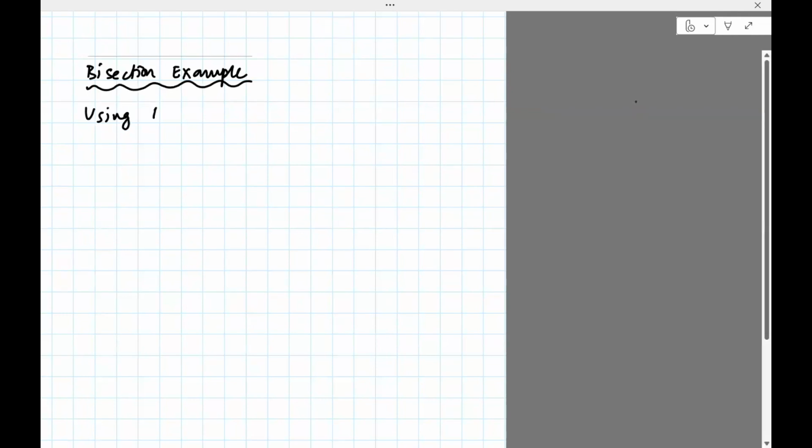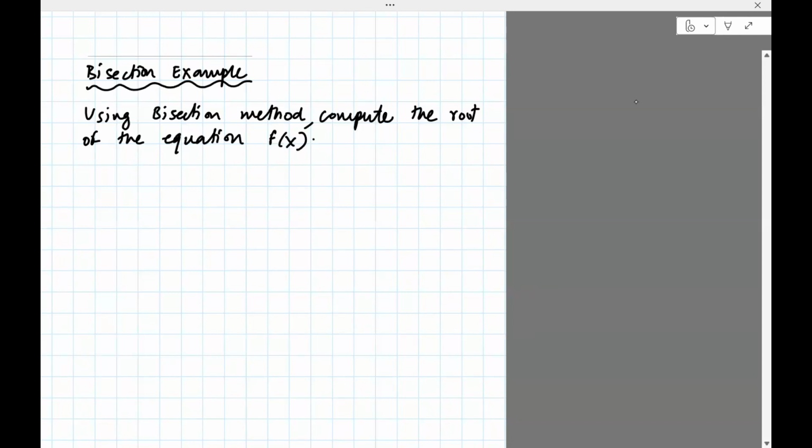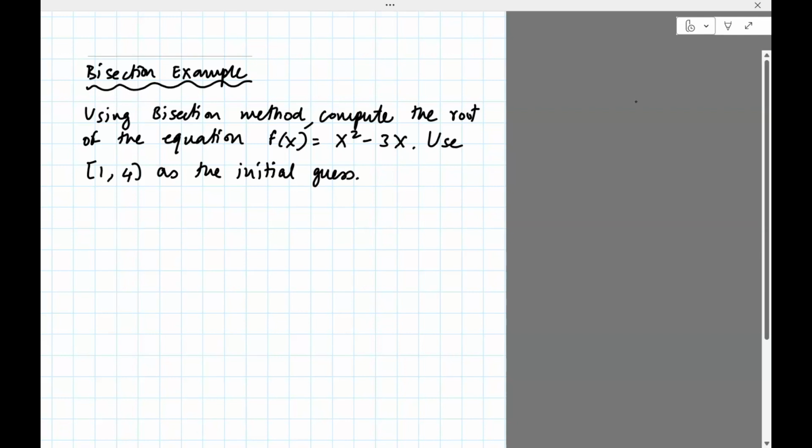So: using the bisection method, compute the root of the equation f of x equals x squared minus 3x. Use 1, 4 as the initial guess, and then